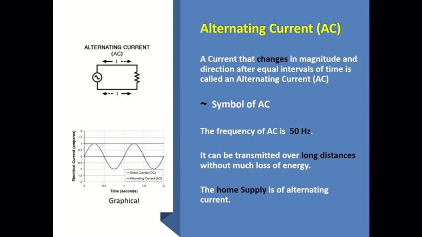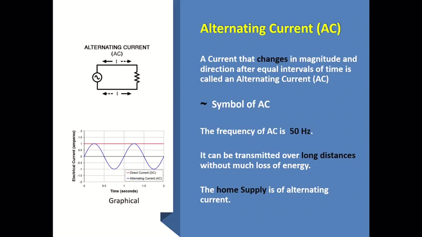The oscillation of the alternating current occurs in a sinusoidal manner with time. That is like a sine wave, and hence the symbol of AC current is shown as a sine wave. In India, in power stations generating electricity, one cycle changes in 1/50th second. That is, the frequency of AC is 50 Hz, 50 cycles per second.